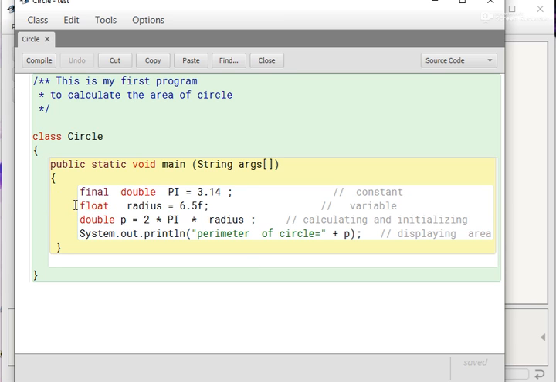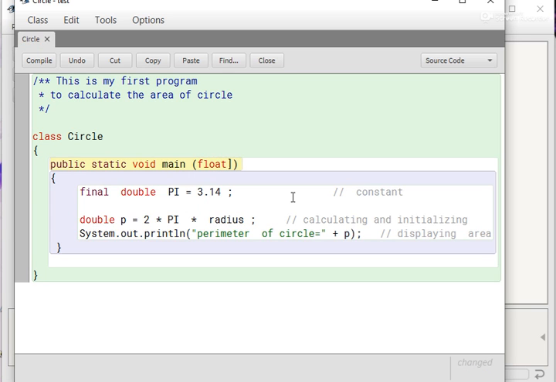For any confusion, you delete this statement, and declare a parameter variable of type float, and the name of the variable is radius. Instead of string args, we have changed the parameter to float radius.